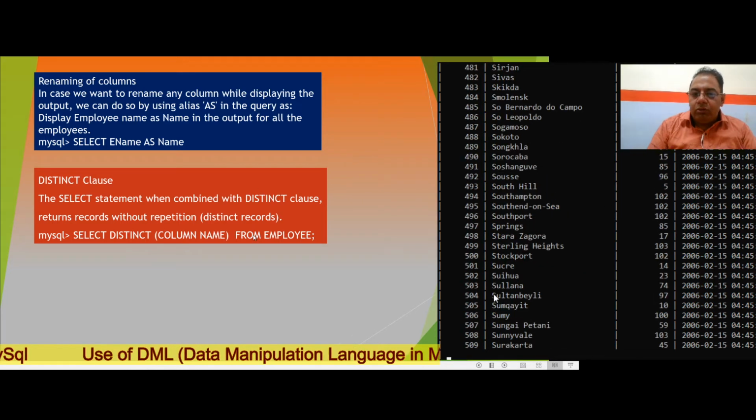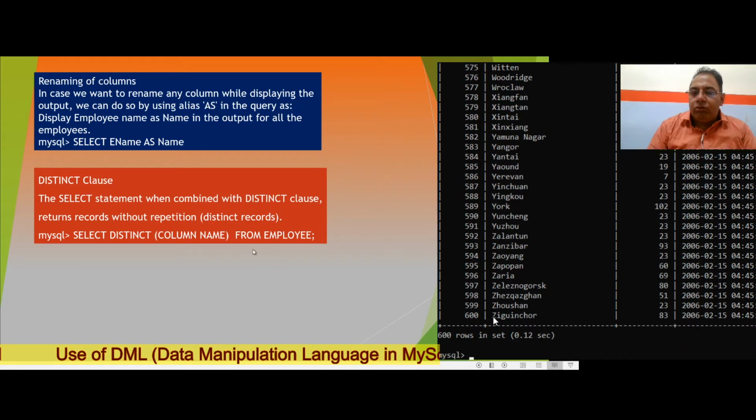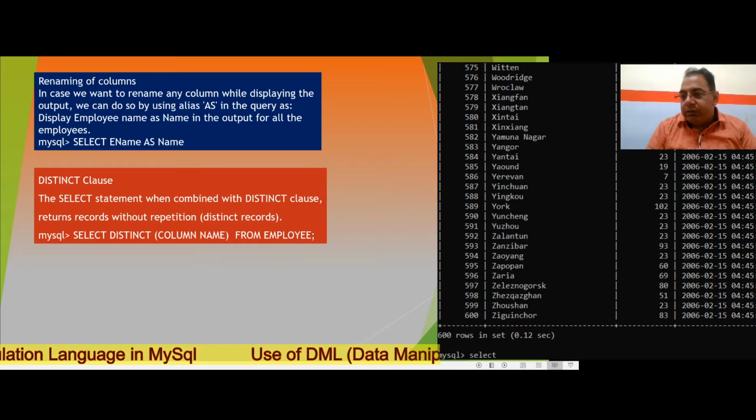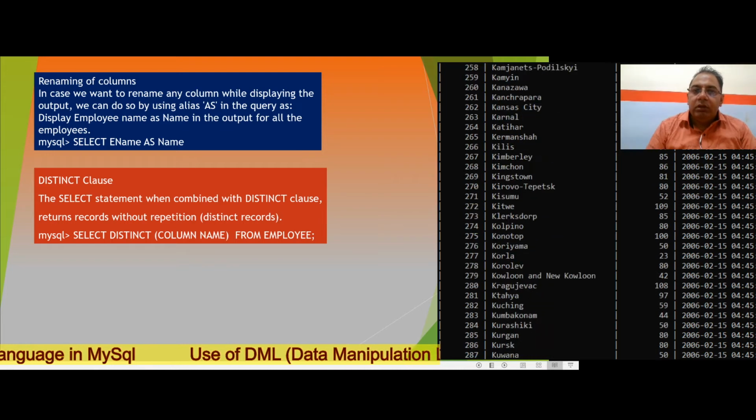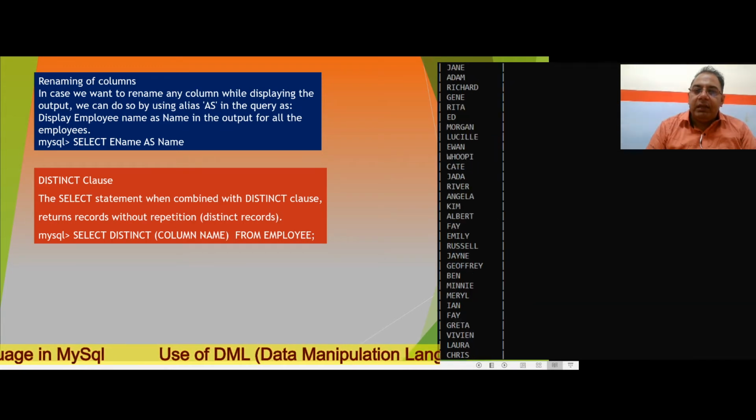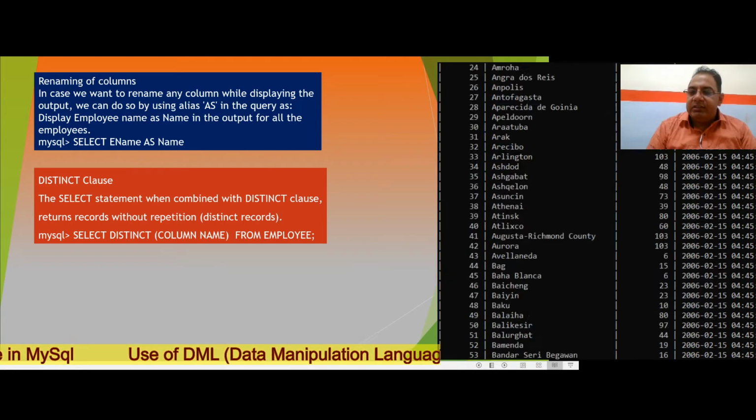When we go through, it is showing so many cities, about 600 cities, but I want to show that the name of a city appears only a single time and doesn't repeat so many times. So I will write down select, and I will get the attribute name here. From here you can get the attribute name, city is there.